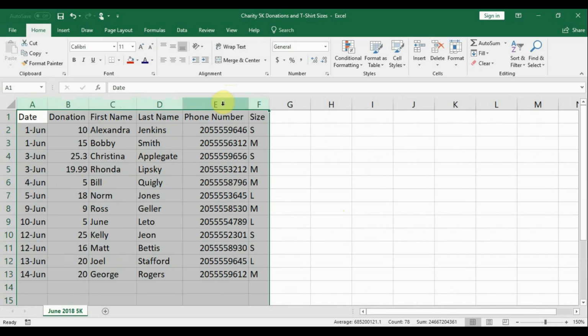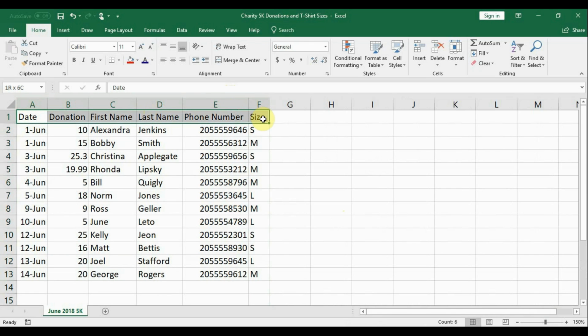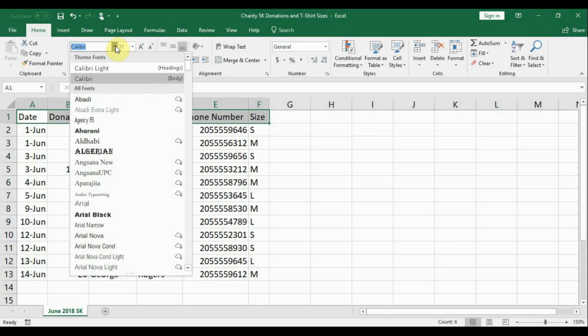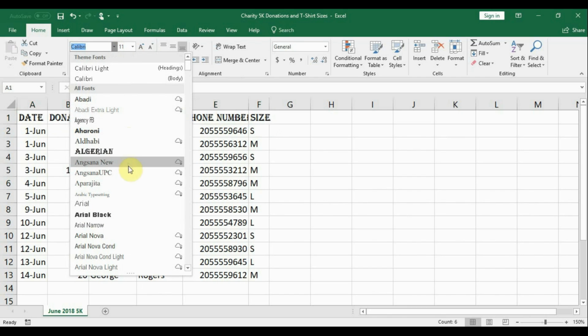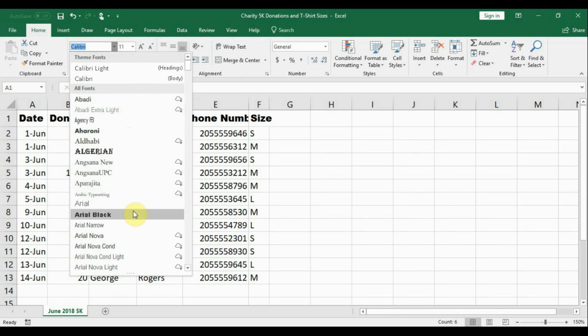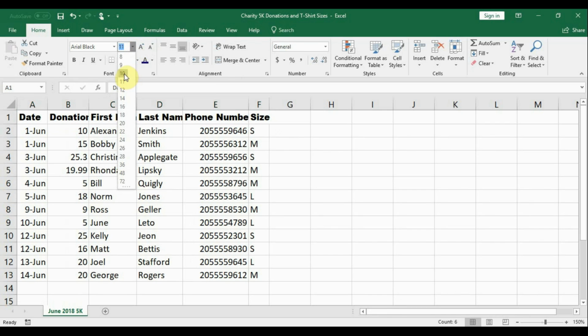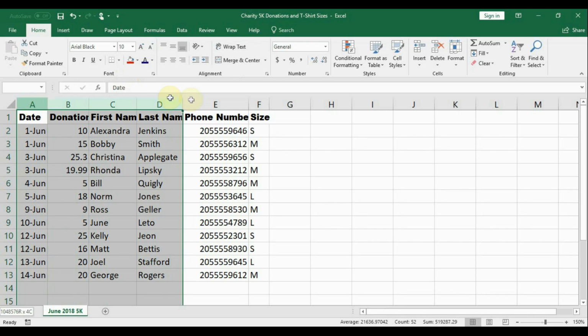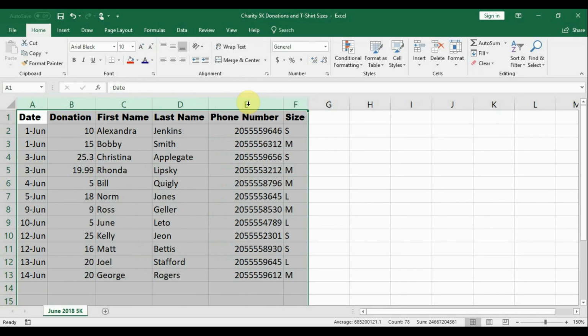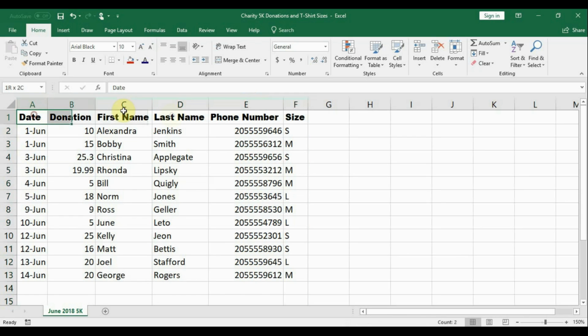I'm going to highlight just our titles right here because we want to have different formatting for the titles, and I think that a different font would look pretty good for these titles. As I go down the list of fonts, you can see on the worksheet behind the list of fonts, it changes when I highlight over a font, and we're going to select Arial Black. Now, that's a little too big for the columns, so let's go right here under the font group in the home ribbon. We're going to take that down to a 10. That's still too big, so let's auto fit these columns once again,